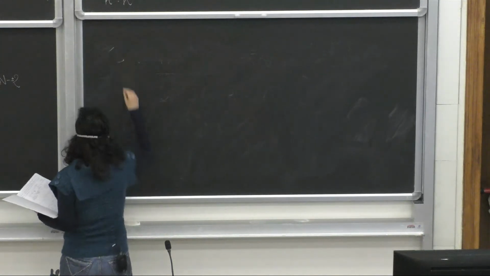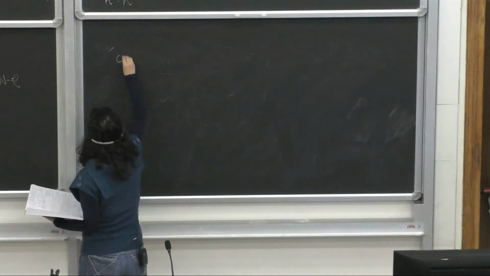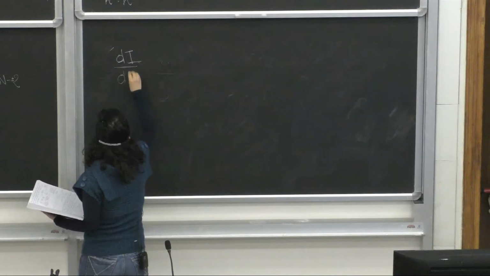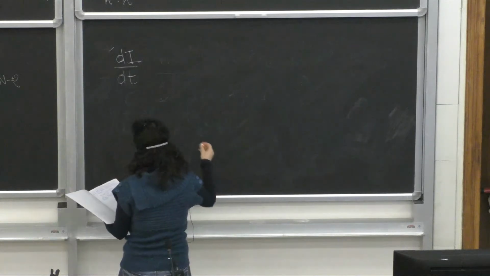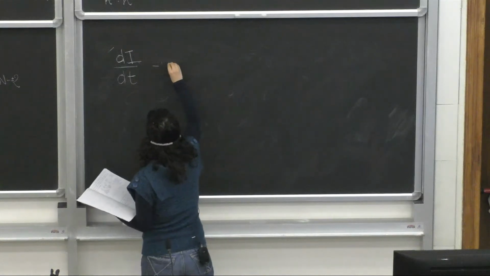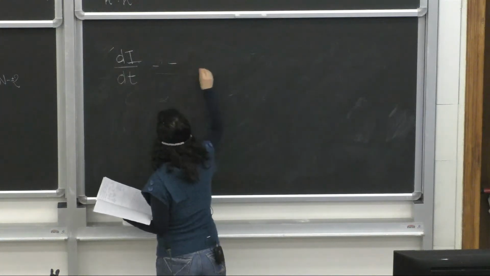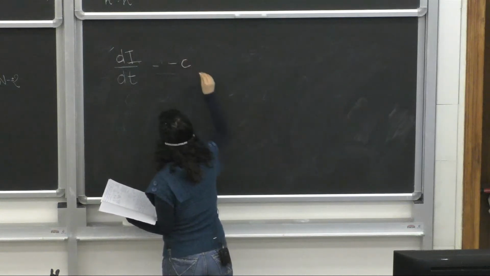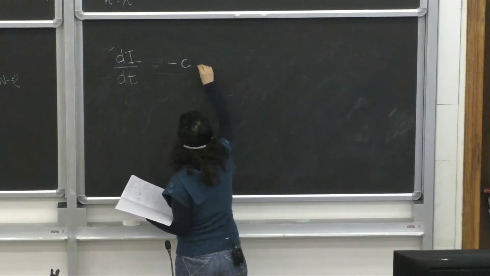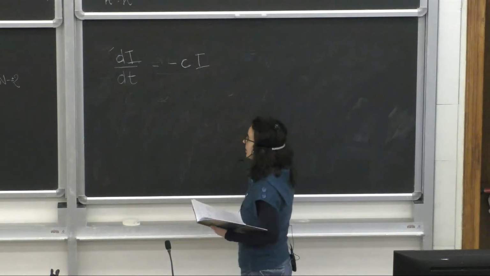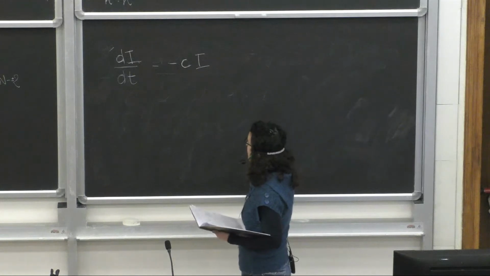And you can usually write this as, let me use C for the proportionality constant. So the variation of the intensity is given by